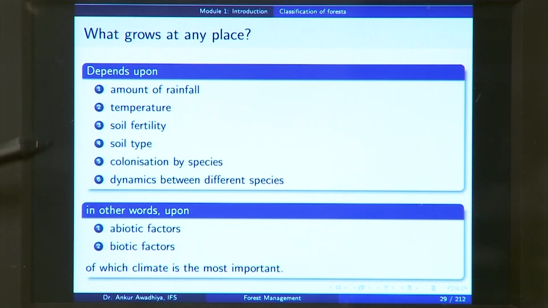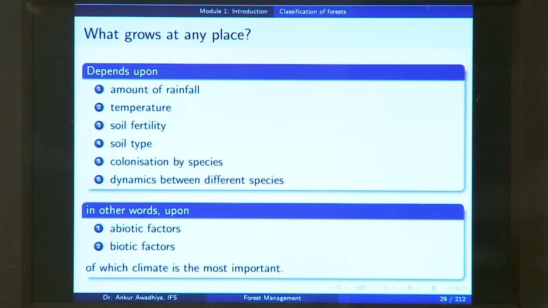So, in other words, if we summarize all of these, what grows at any place depends on the abiotic factors as well as the biotic factors. Now, abiotic factors are the non-living factors in that area: the temperature, the sunshine, the amount of rainfall, the fertility of the soil, and so on. And the biotic factors refer to the living components of that area,